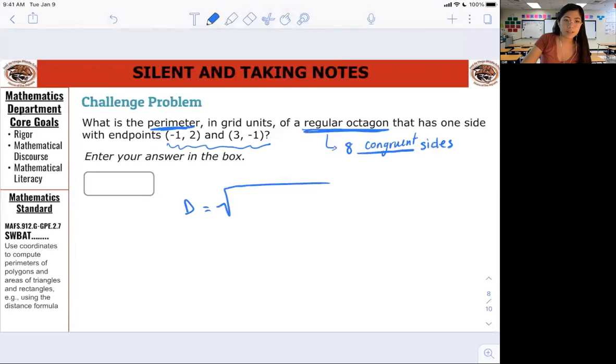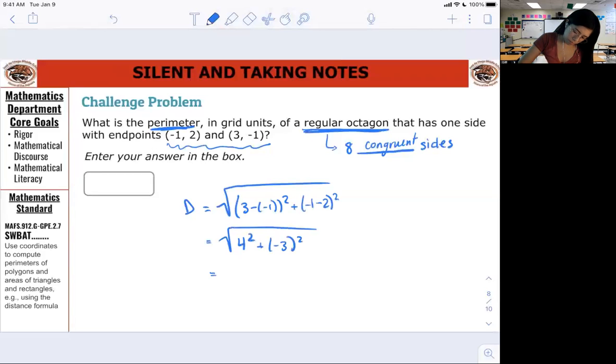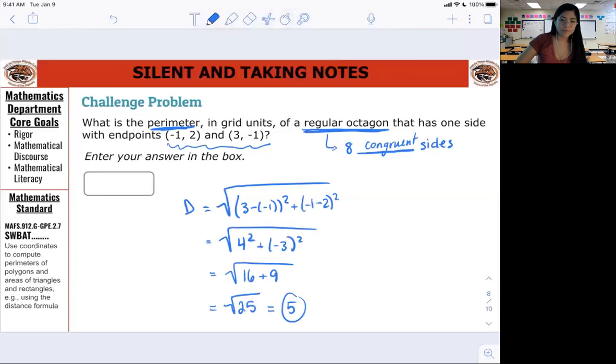We're going to take the distance of these numbers. What do I put in? 3 minus -1 squared plus -1 minus 2 squared. Good. Which is going to give you 4 squared plus -3 squared, which is going to give you 16 plus 9. What's 16 plus 9? 25. The square root of 25 is equal to 5. Good. That was fast. That's quick math, y'all. Well, the perimeter,